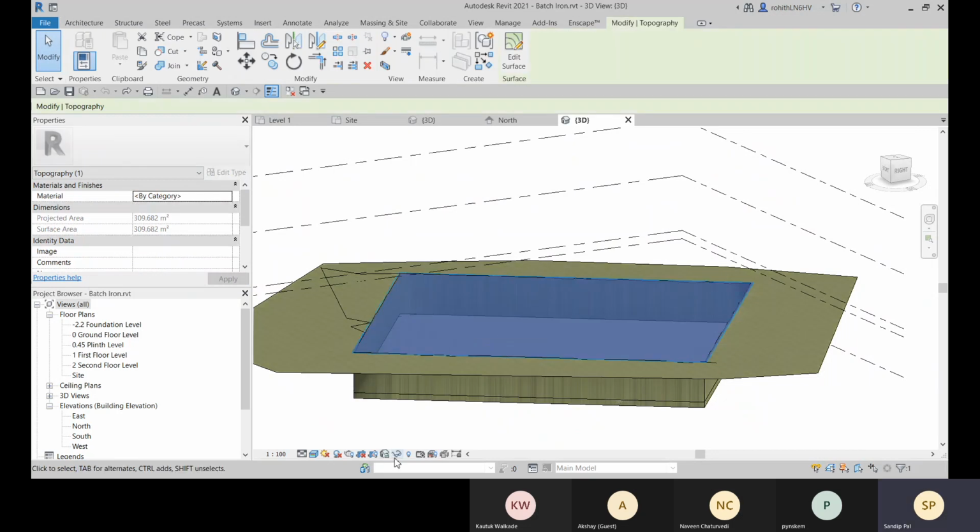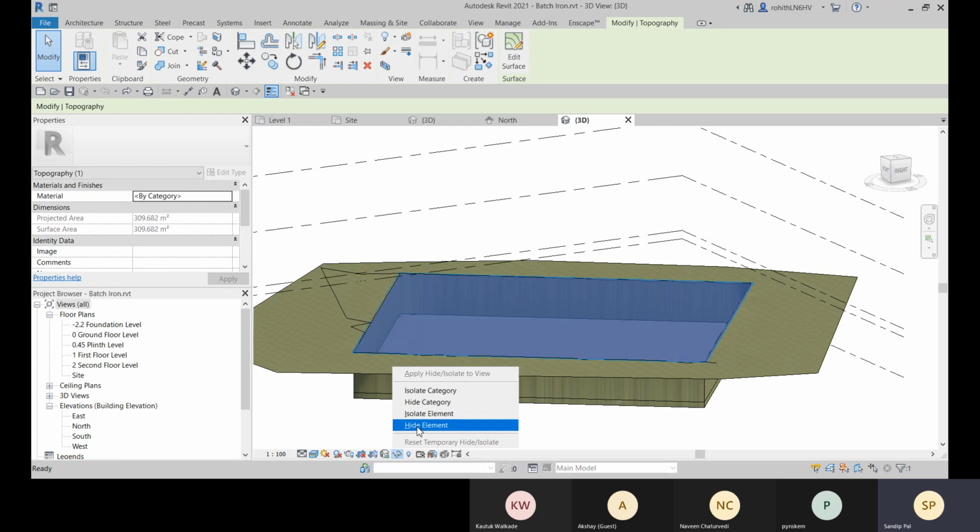So here you have this icon at the bottom of your window, and this is called the View Control Bar. Within this View Control Bar, you have this Temporary Hide or Isolate. So you have this hide category or hide element.